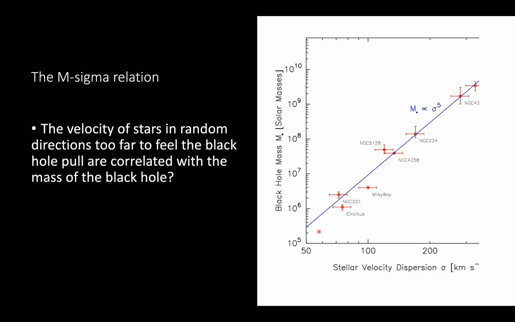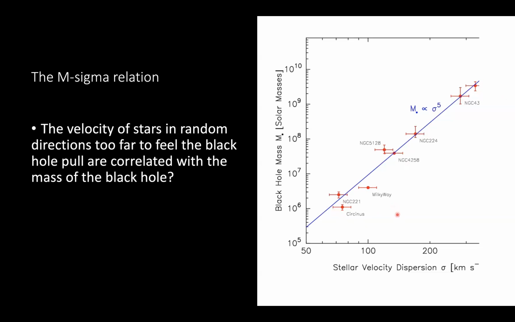So that's black hole mass, and then separately here we're dealing with how to describe the random velocities of stars in different directions. There's a correlation, but these velocities are just in random directions. They don't seem to be related to the pull of the black hole. They are, in fact, too far to feel the gravity of the black hole. So they don't notice the presence of the black hole, yet we see this correlation.